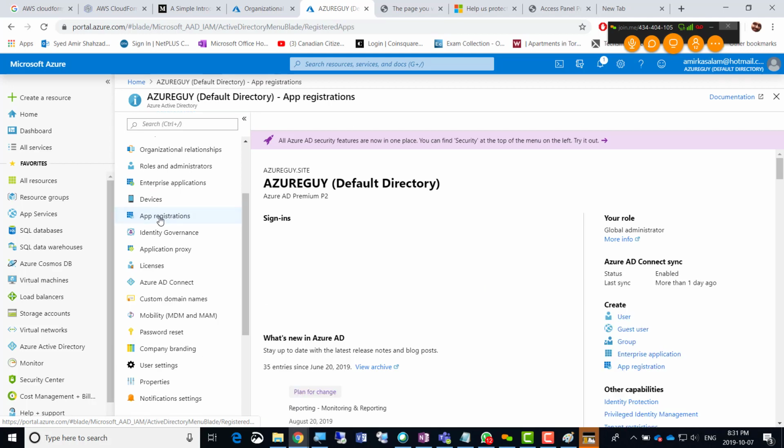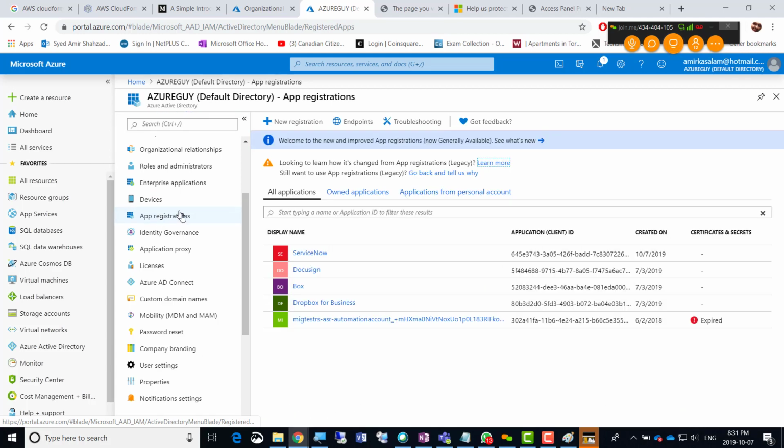So then there is app registrations here under the devices, another feature, and that is